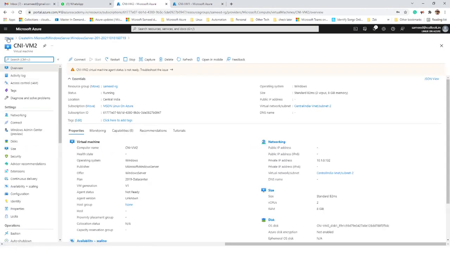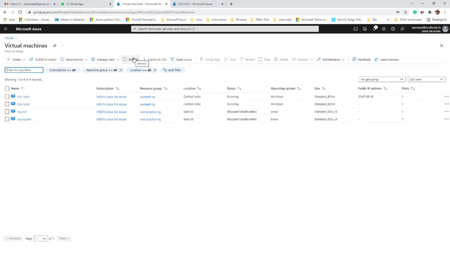So this VM2 is already deployed in Central India and Subnet 2, but it doesn't have a public IP. So let me go to my virtual machine section and take the public IP. These are the two virtual machines. I want to see whether they are communicating with each other or not, because they are both in the same VNet. So I want to test whether they will communicate or not. So I'll go for MSTSC, remote desktop services,